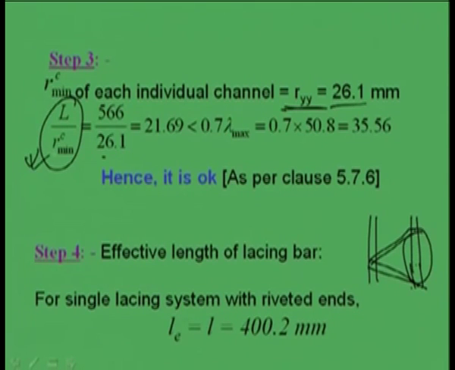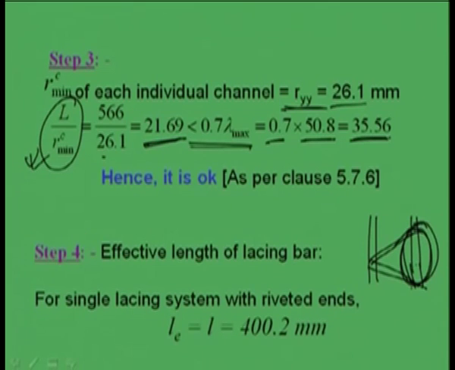From this, the radius of gyration of this portion, and this portion we can ensure through this equation that L by RC minimum should be, as per the codal provision, less than 0.7 into lambda max. And lambda max we got already earlier, lambda max was 50.8. Lambda max means the maximum slenderness ratio of the main member of the built up section. So, in this way we are finding L by RC minimum is becoming 21.69, whereas it should be less than